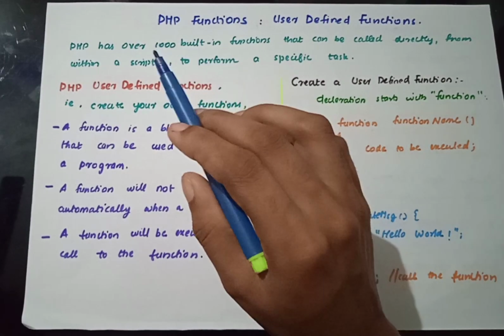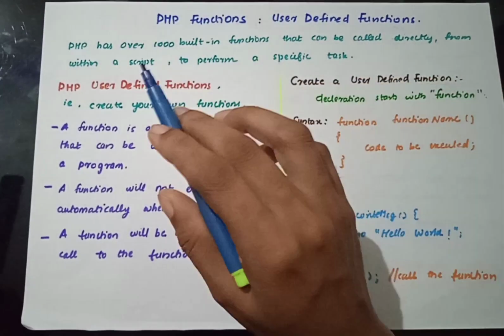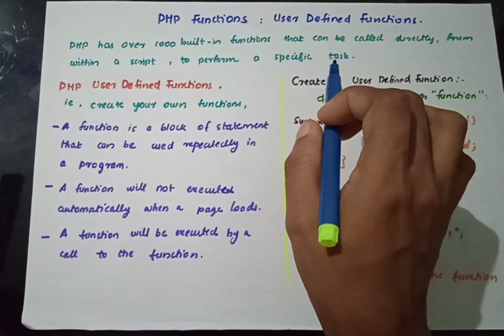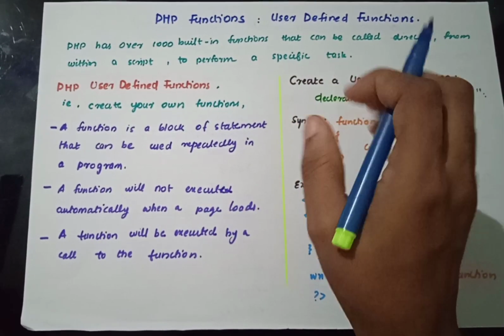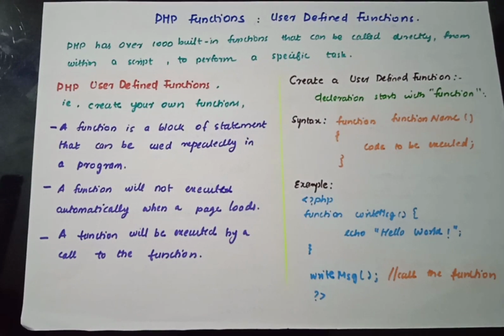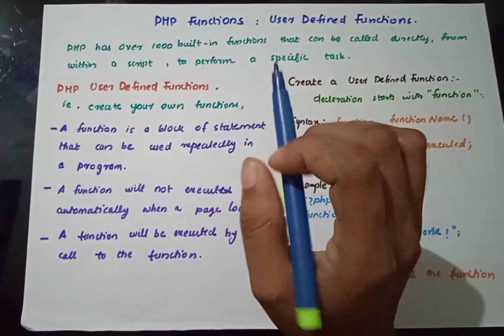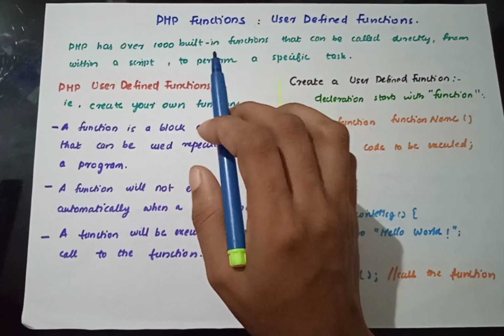And what is the feature of this built-in function? You can simply include that function in your script, and it will automatically perform that specific task. You don't need to add anything to that function, or override it, or make any corrections to it. It will automatically have its own functions and things. So they are actually the built-in functions.